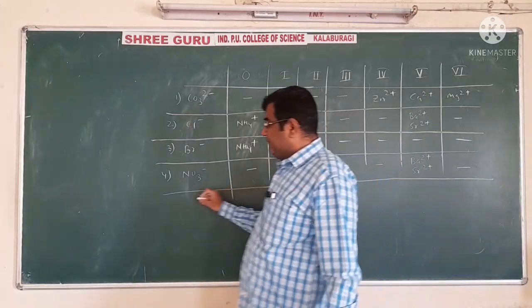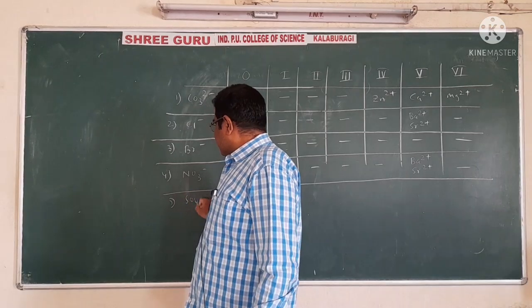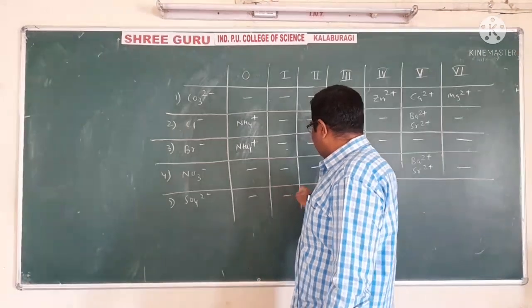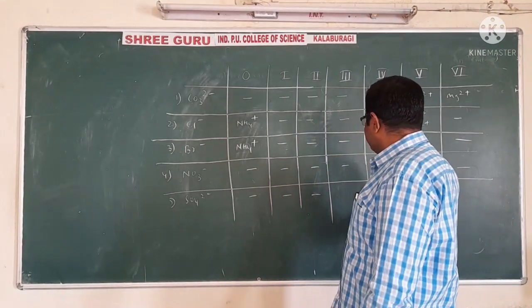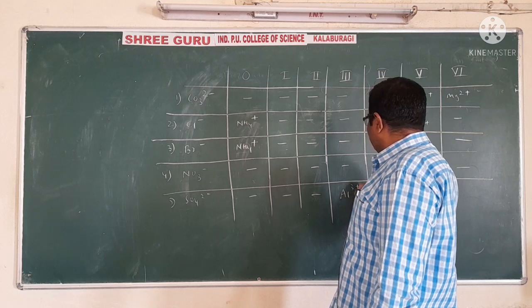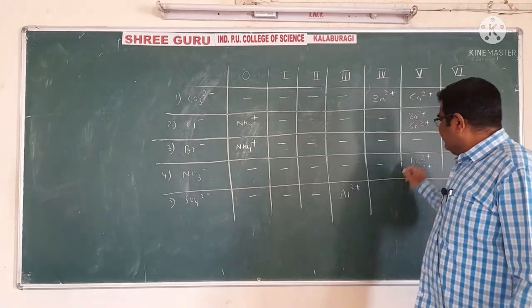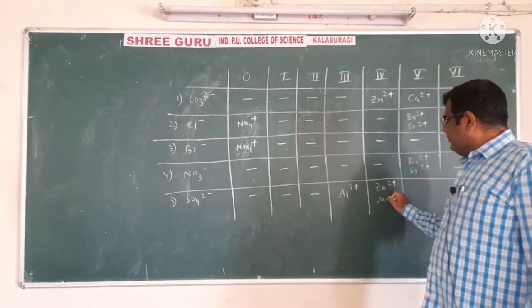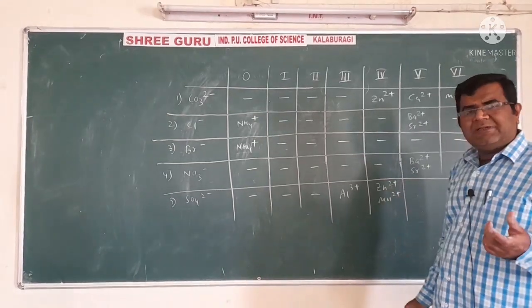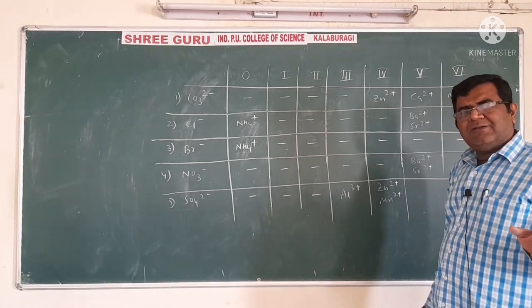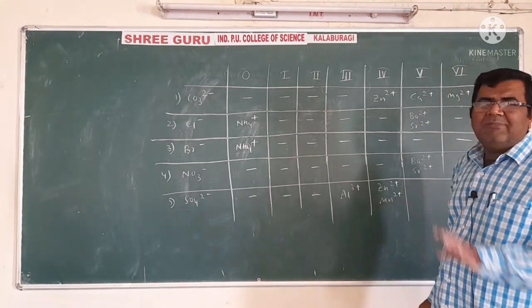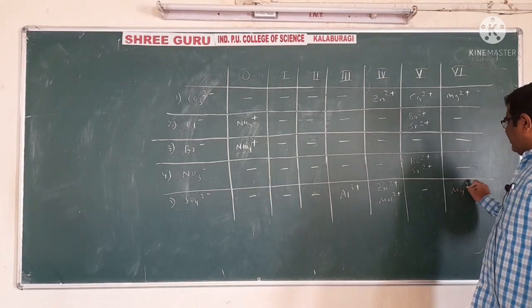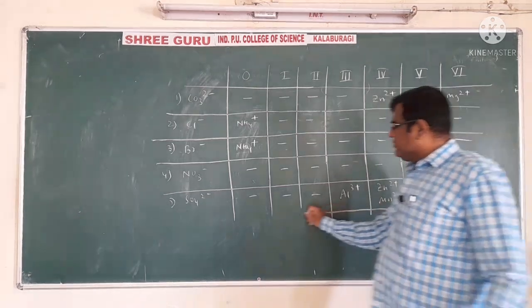is sulfate, then there is no possibility of ammonium. Of course, group 1 and 2 are always absent. There can be a possibility of aluminium. There can be a possibility of zinc dipositive and manganese dipositive, pale pink color. If you have pale pink color, remember that it can be only manganese sulfate. There is no possibility of group 5, and there is only the possibility of magnesium.